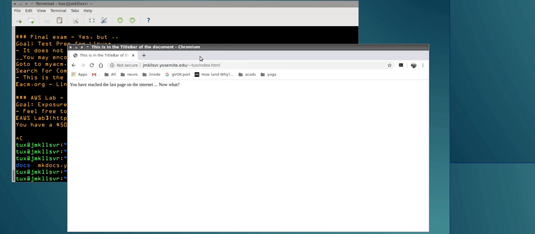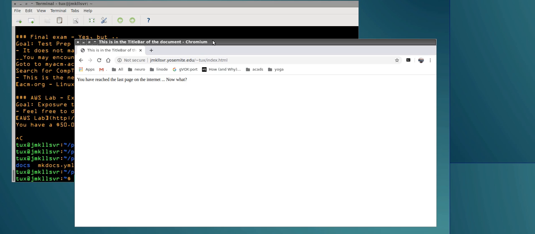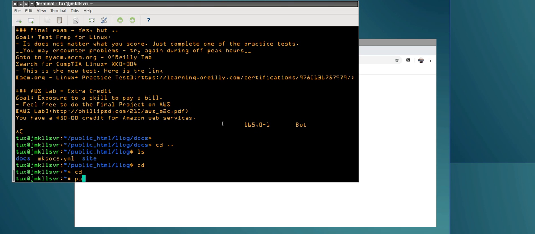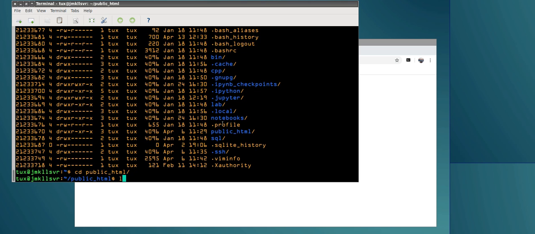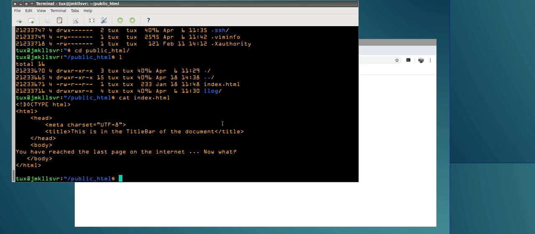Okay. Now what I want to do is create some mkdocs stuff to put on my website up at freeshell. So here we go. What I've done is that in my public HTML directory, this is where my index.html file is that we just looked at. And you notice that I created a new log file, and what I'm going to do is show you the